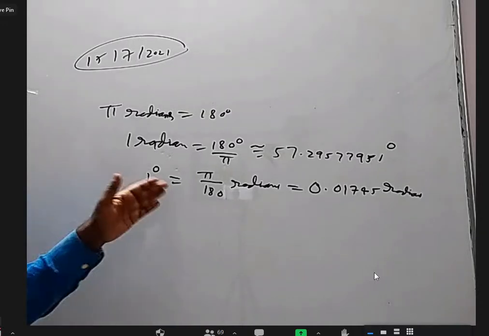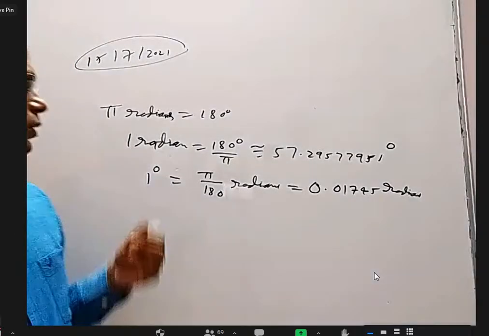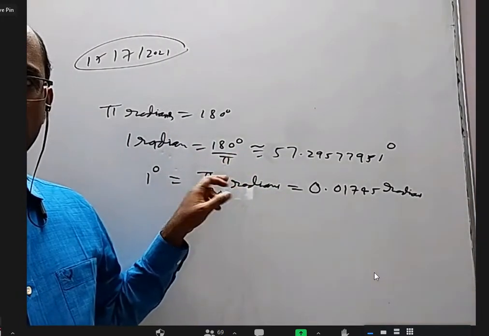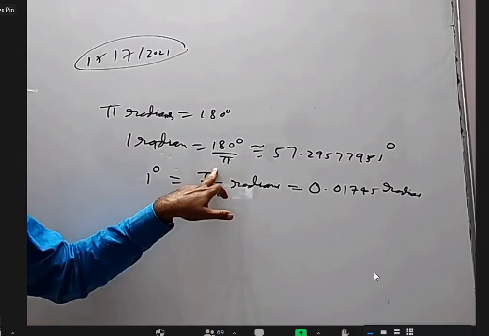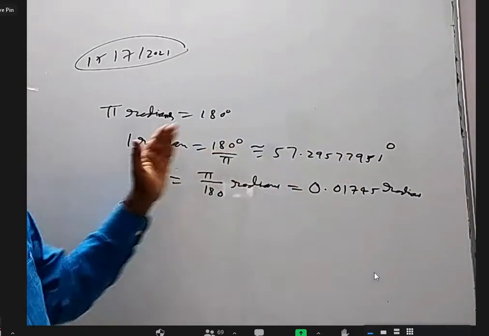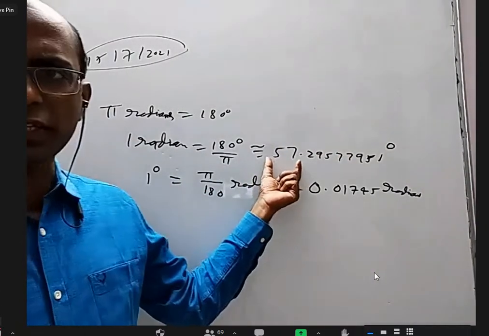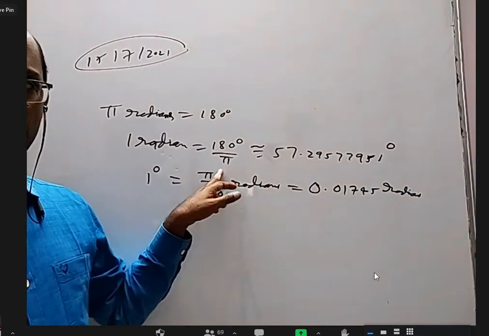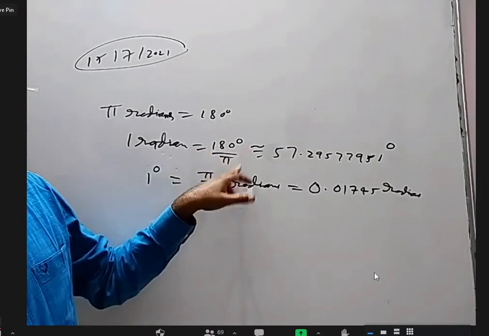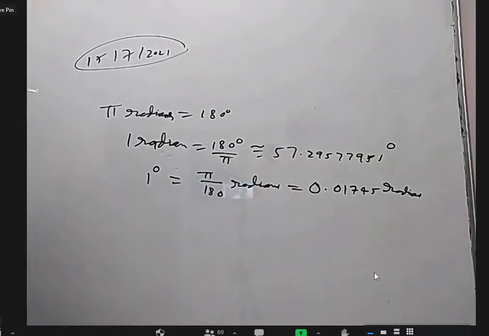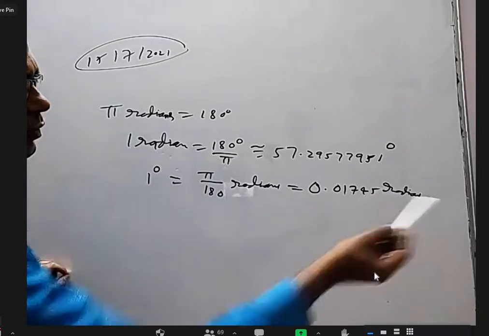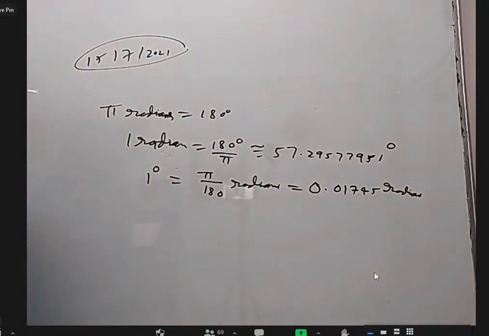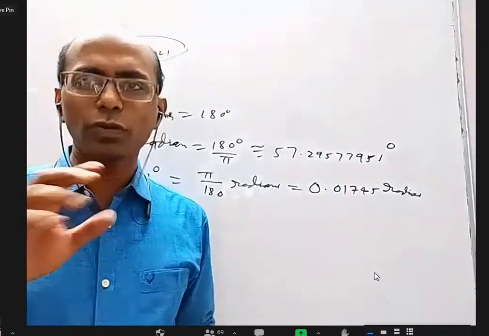Whenever you want to convert 1 radian into degrees, mostly we use this. But just to get an idea, 1 radian is very close to 60 degrees, but a little less than 60 degrees, because pi is around 3.14. If it is 3, it is around 60 degrees. It's a little more than 3, so this is a little less than 60. Similarly, 1 degree is very, very small, 0.017 radians. Maybe you already used it in physics somewhere.